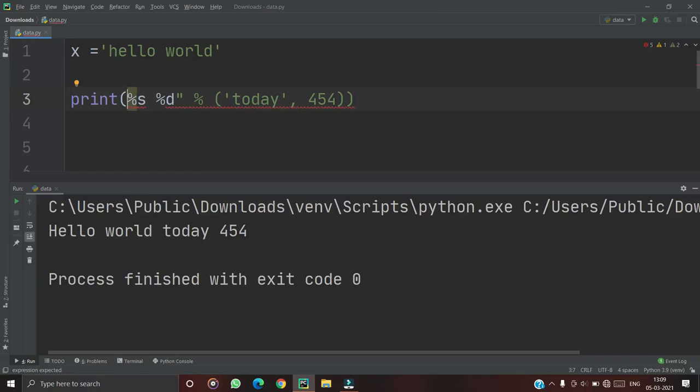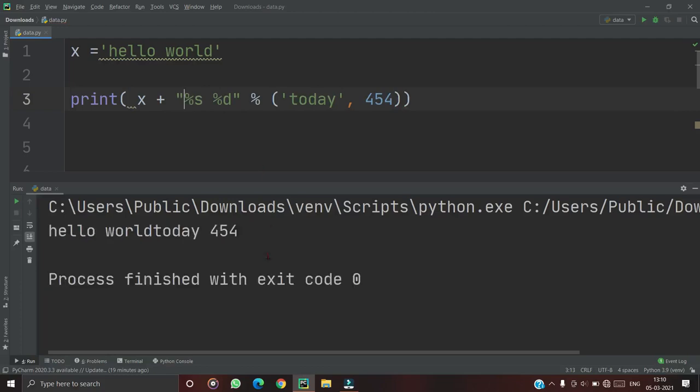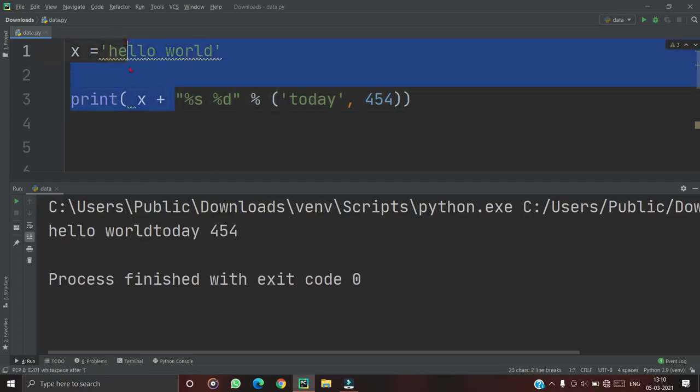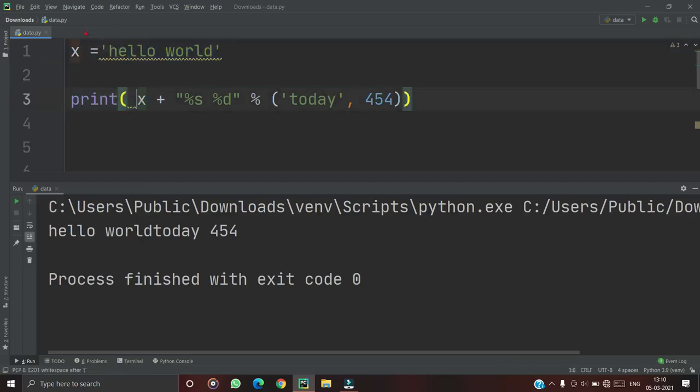So I just add x here and just plus, and from here I can start. By this also I can get this. This is the same as typing the letters here and typing the string here, no difference.